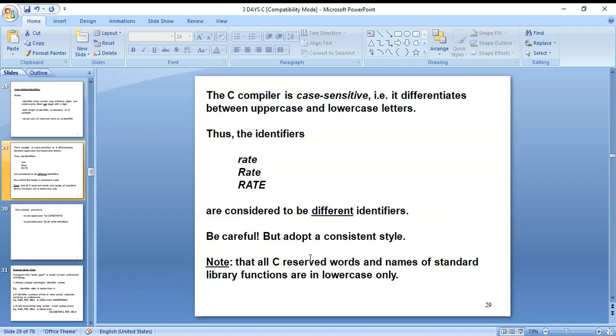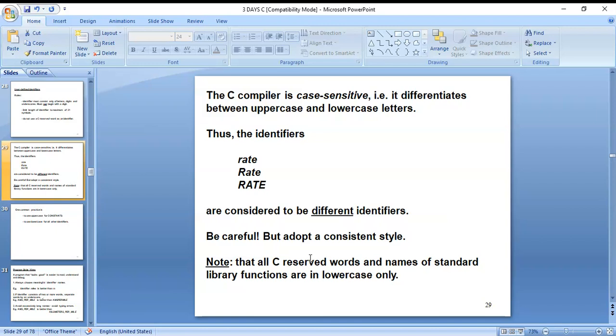Suppose rat is a variable name: small rat you can use anywhere in the program, and capital RAT you can use too. They are considered to be different identifiers.